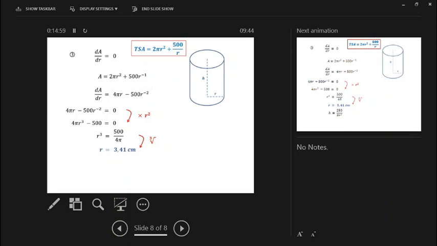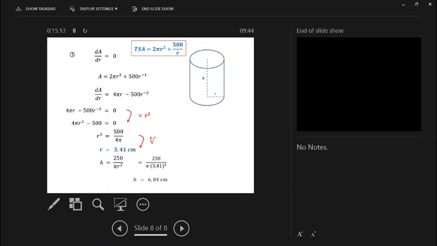Okay, so vir die kleinste hoeveelheid, wat het hulle gesê is 'n tin wat jy gebruik, is die radius van die blikkie 3,41 centimeter. Okay, and then they work